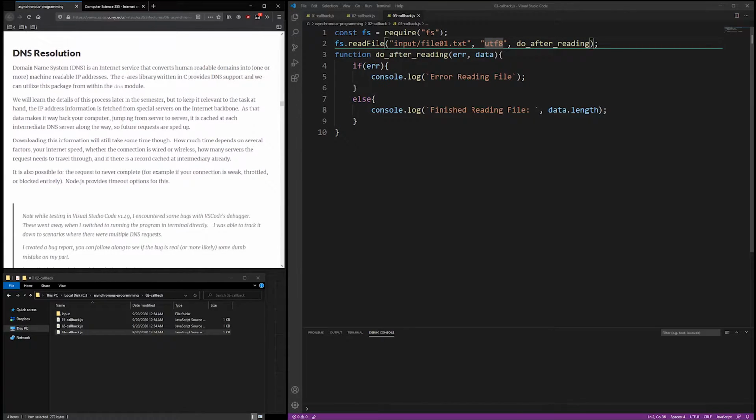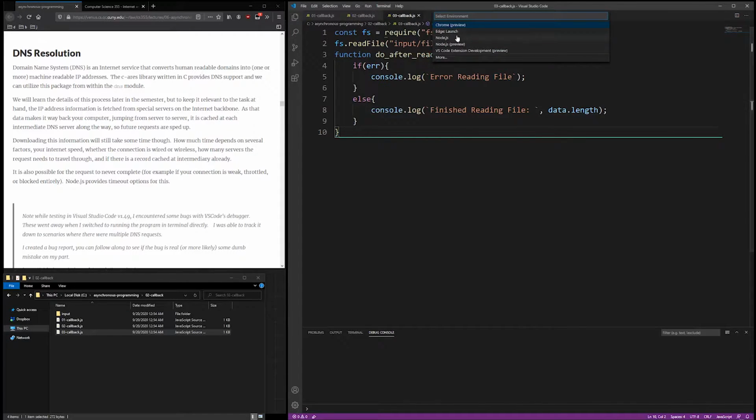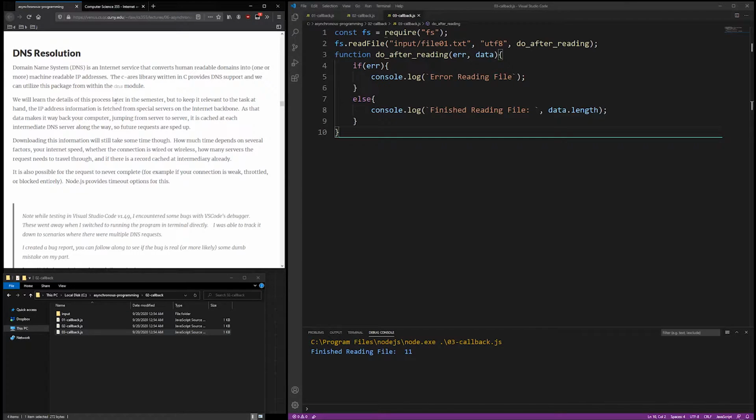Okay, so before we actually run this, I think this one we can run in the VS Code debugger without any issues. Okay, but all right, so it prints out the length of the file, which is 11 characters. But there seems to be a bug in Visual Studio 1.49, which is the latest version currently,